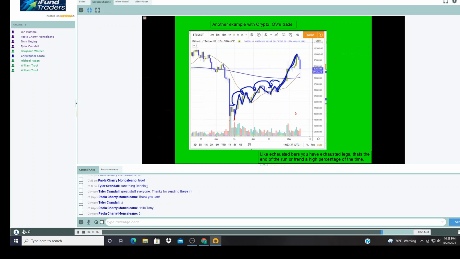All right, here's another example in crypto, one of Oliver's trades. Was it Tyler saying earlier that you can have Forex or stocks or whatever you wanted to trade? Well, here's a crypto example. A while back, just about a year or two ago, Bitcoin took a big drop. It was up around here in the 10,000 area, 10,500, and it just dropped. When that happened, Oliver started buying.